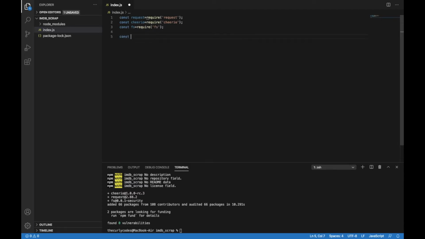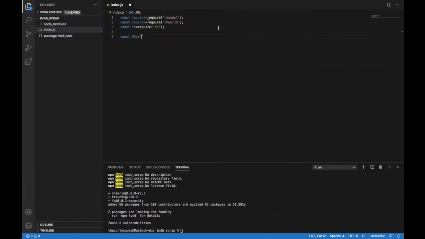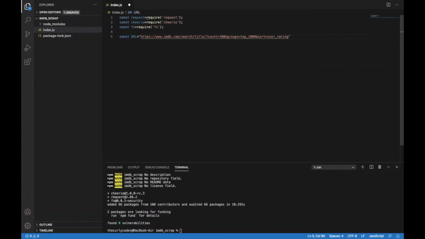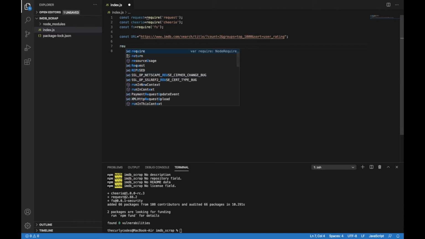And this is the URL we are going to use to scrape to get our data. As you can see, this is 100. For now we don't need 100, so we can do it 2 or 3 just to test if everything runs well. Then we will make the request